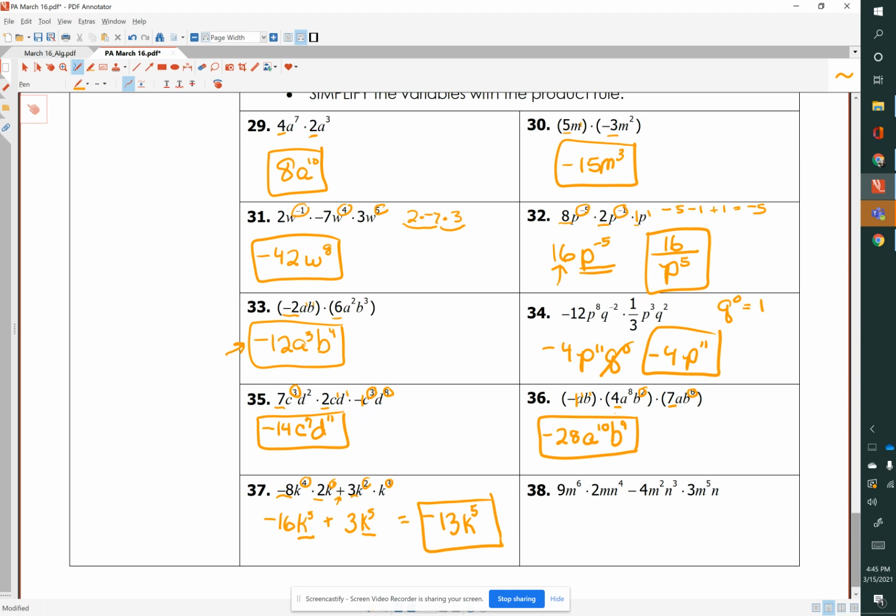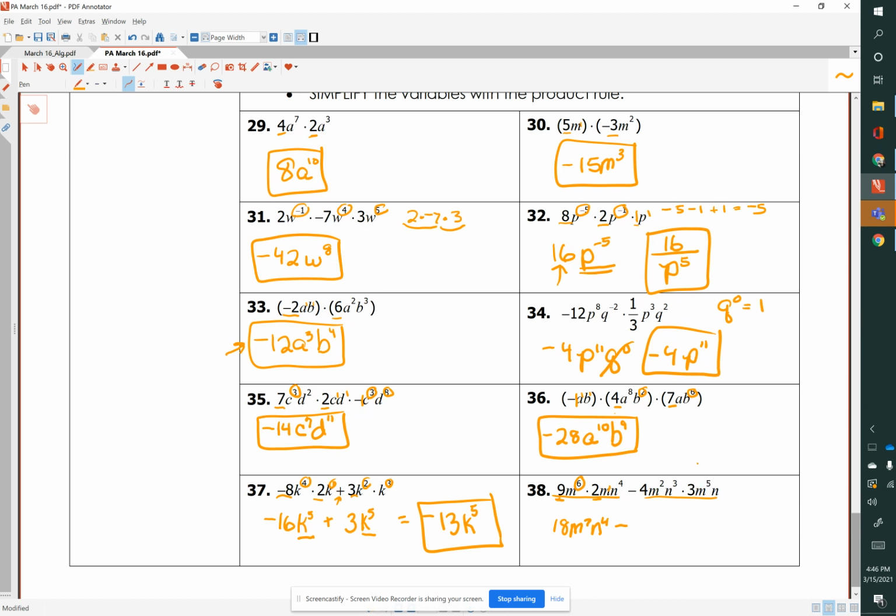And then finally, number 38, 9m to the sixth power times 2mn to the fourth power minus 4m squared n to the third power times 3m to the fifth power n. So we'll do the right side, then we'll do the left side, then we will subtract. So 9 times 2 is 18. M6 plus that invisible 1 is 7. N to the fourth, because they don't have any n terms over there, minus